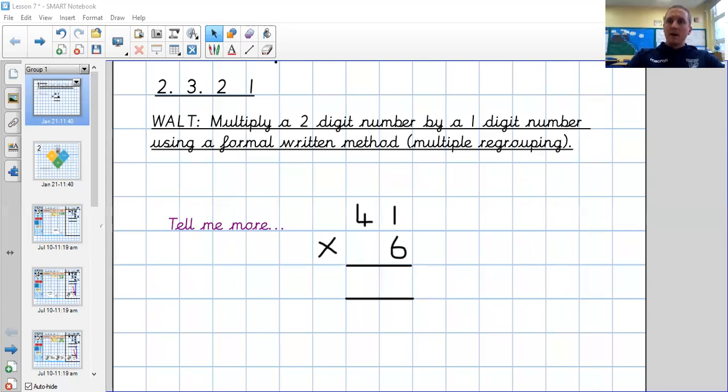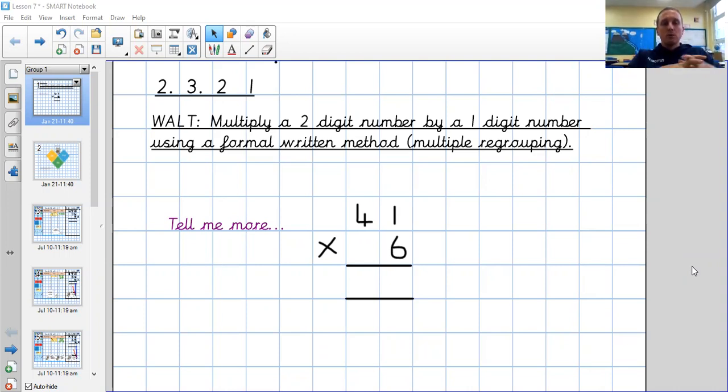Let's get my screen up to share with you so you can get the date on Walton. We're going to combine 2 lessons now. So Friday's lesson with Miss Ryan, where you were regrouping the ones, and yesterday's lesson where you were just regrouping the tens. We're going to do both of those together. So there will be questions where you have to regroup the ones, and then you have